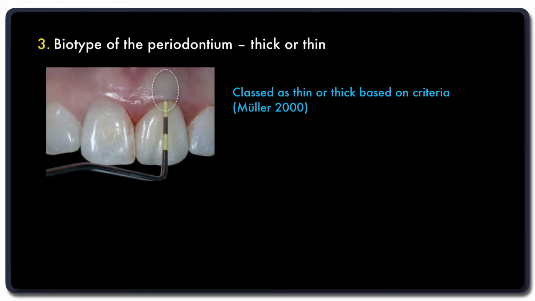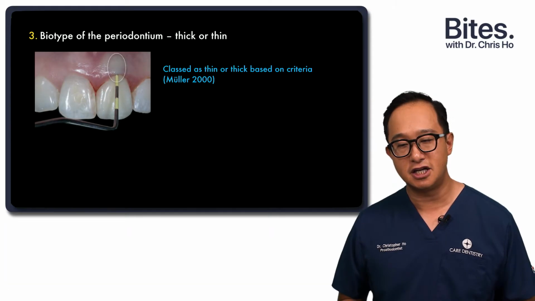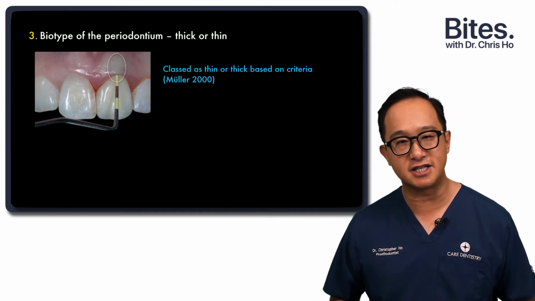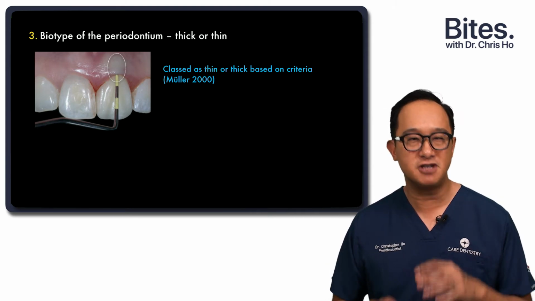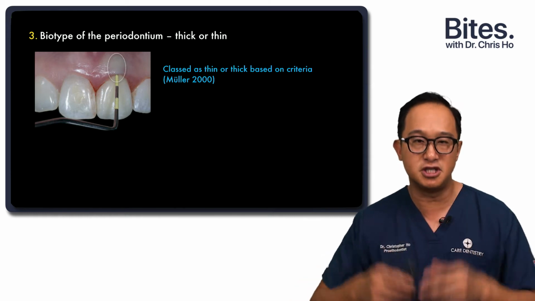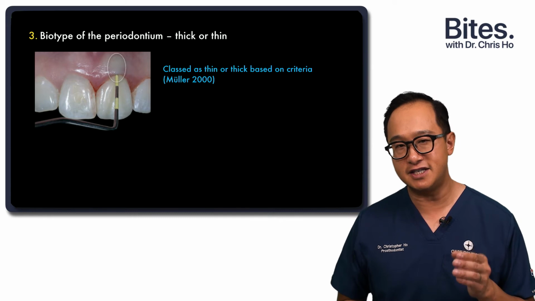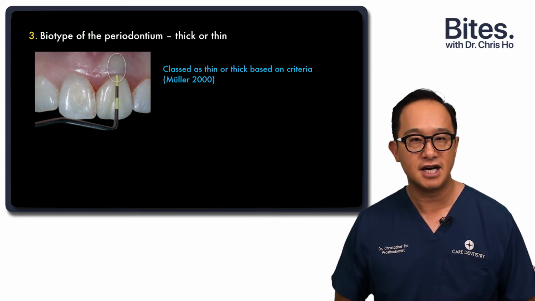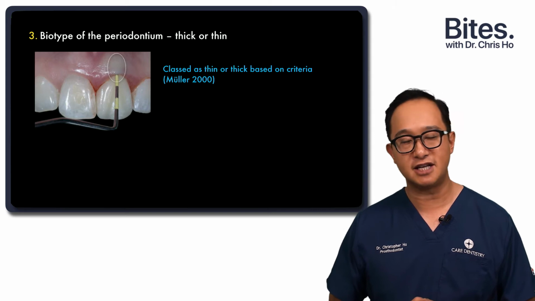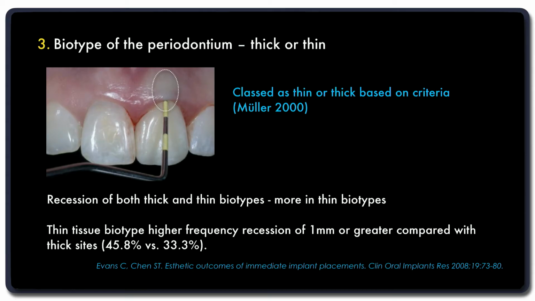The third key is the biotype of the periodontium. Is it thick or is it thin? You've probably seen it in your own practice. In patients with a thin biotype, really thin scalloped, high scalloped gingival margins, you carry out a crown preparation, it's very easy to see recession in these sorts of patients. And the same thing happens with implants. You see much more recession in those patients that have thin biotypes. And Evans and Chen have shown that there's much higher frequency of recession of 1 millimeter or greater compared to